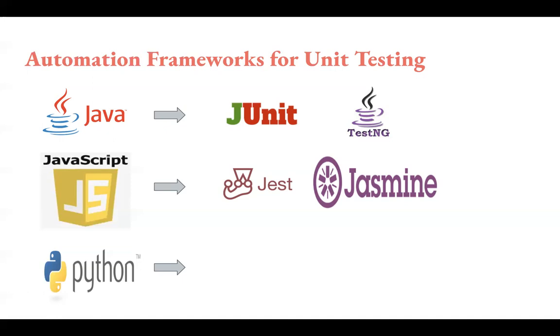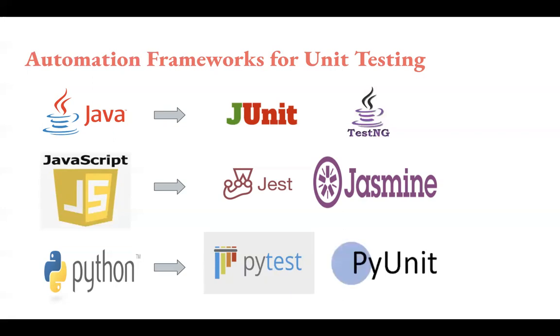In Python, we have PyTest. PyTest is an excellent Python-based automation testing framework that can be used for all types of software testing. It doesn't require large resources to set up, and you can run the PyTest framework with Selenium easily. Next, we have PyUnit. It is also known as unittest. PyUnit is the standard unit testing framework for Python-based applications. Unittest is a part of the standard library of the Python language. It is available with Python by default. It doesn't require much configuration for installation.